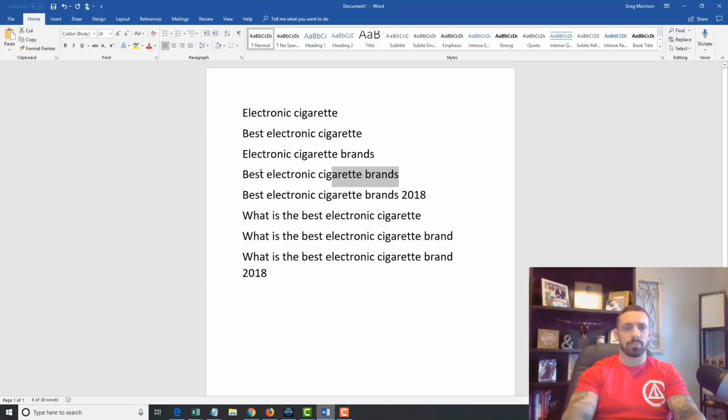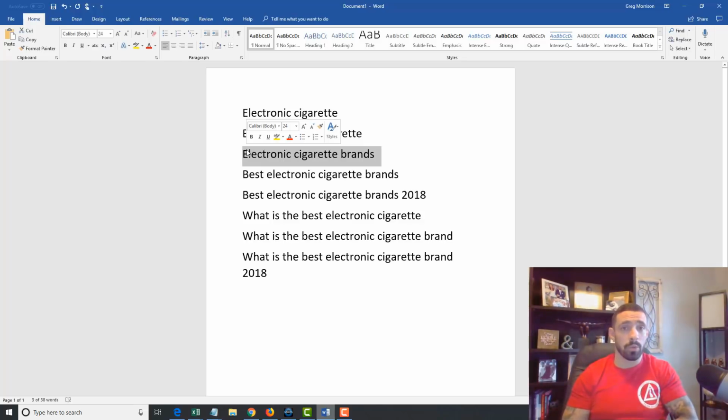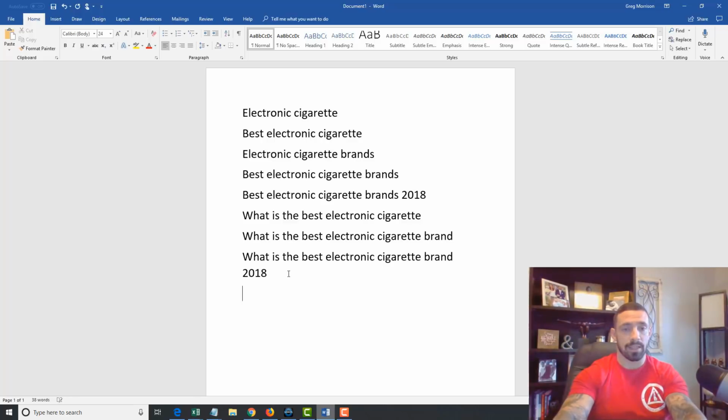And of course, we wouldn't just be working after this, because really our STEM keywords, I call them, our best electronic cigarette and electronic cigarette brands, these wouldn't be our only two. We would also be going after other keywords like on this page. Maybe if we broke it down again,